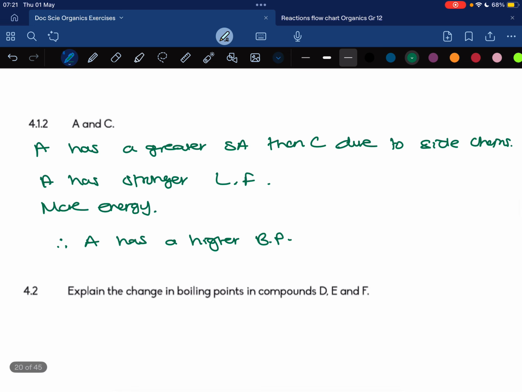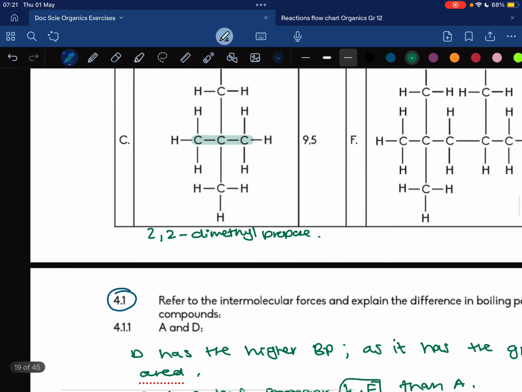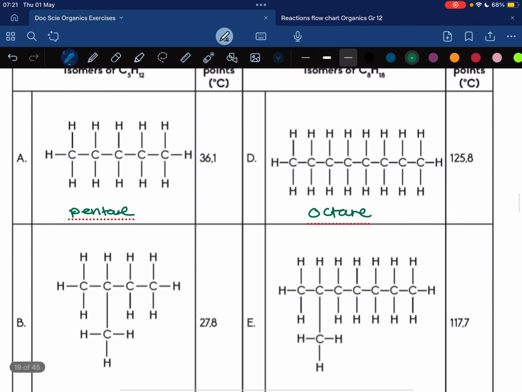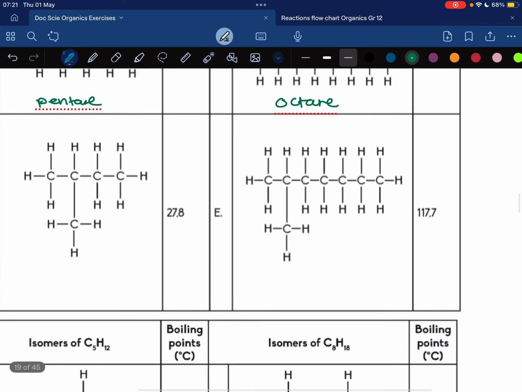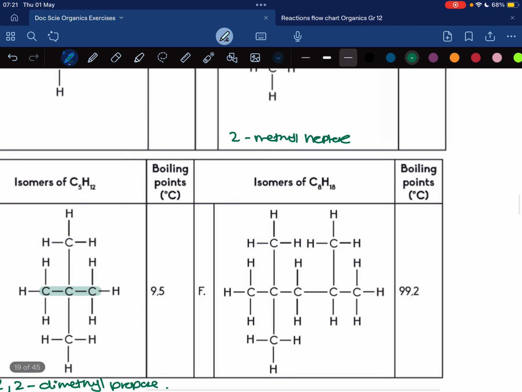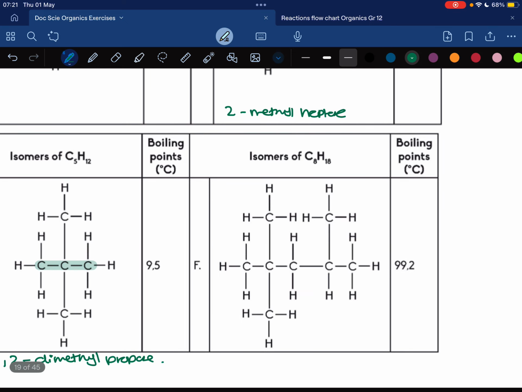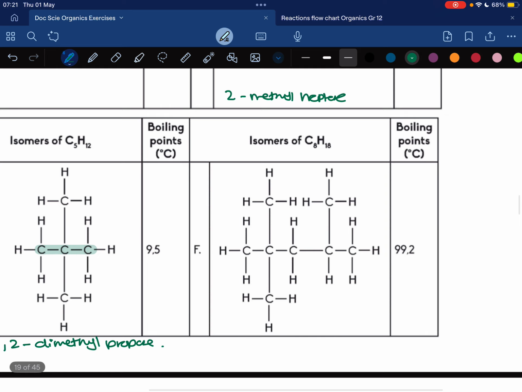Okay, then 4.2 says explain the change in boiling points in compounds D, then E, then F. So D is the octane, E is the 2-methyl heptane, and F I can see is the